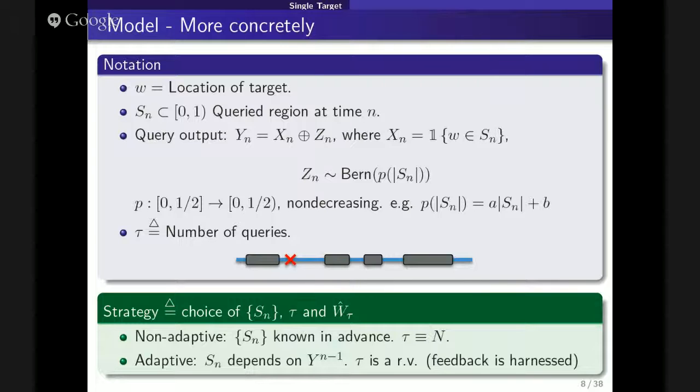Also, the other question, maybe I'm getting ahead, but this reminds me a little bit of compressed sensing. Can you discretize the problem? You represent this 0-1 interval as a vector of length n with weight 1, because you have the position of the target. Right. It is related to compressed sensing. So you're trying to find the location of the non-zero elements.